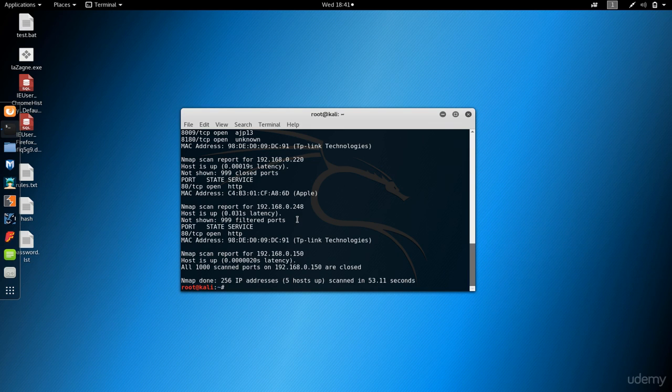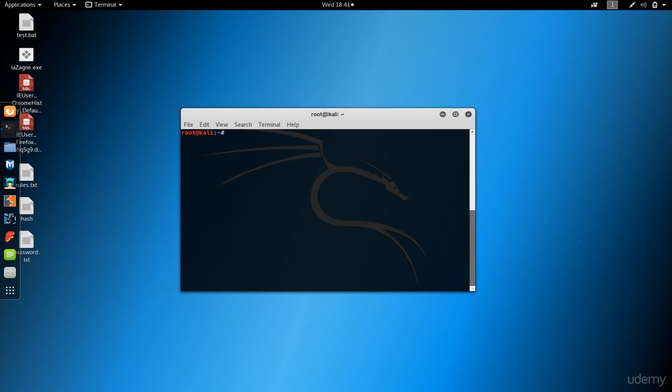Let me minimize the window. I'm gonna say clear. So we have another command that allows you to scan multiple IP addresses by typing Nmap